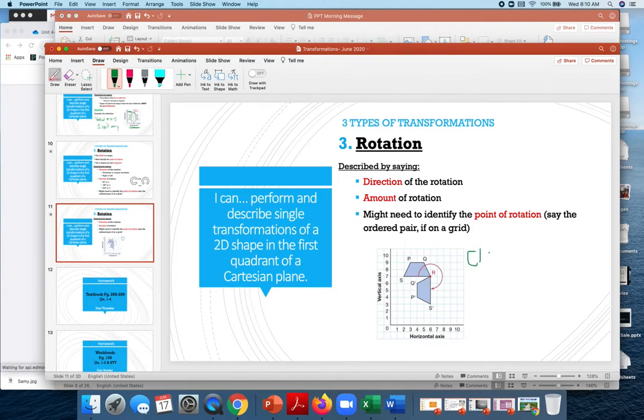Okay, so clockwise. If we were in class, I would have printed this little guy out for you. Amount. How much of a turn is this? So the best way to do this is you pick one of the branches like this, and then you find the other congruent arm or branch to it. So I'm looking at RS and then I found RS prime here. So how much has that turned? Well, if it only went to here,